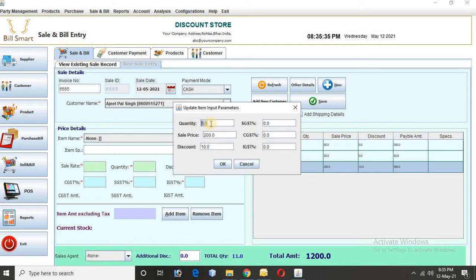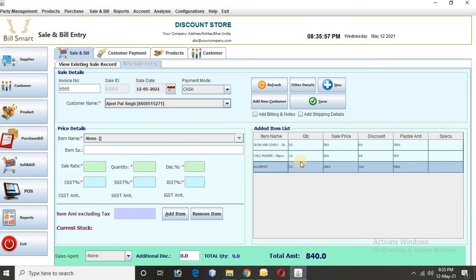Now 1 or 2 items, whatever we want. So the total quantity as of today is 5 and he wanted to return 2, so the remaining will be 3. So now the quantity will remain 3. If I select OK, that means 200 is the sale price and 3 quantity is the current value now. The value will get updated, and now the value becomes 540 and the total bill amount remains 840. So the bill value becomes 840.